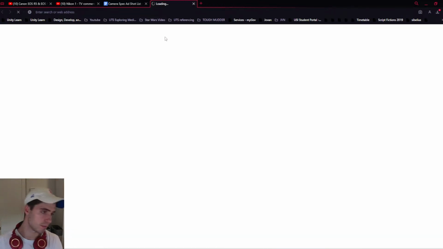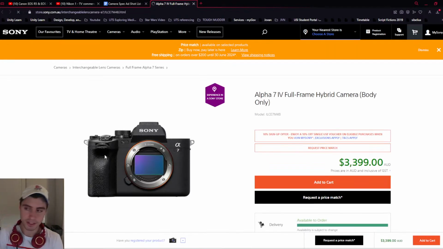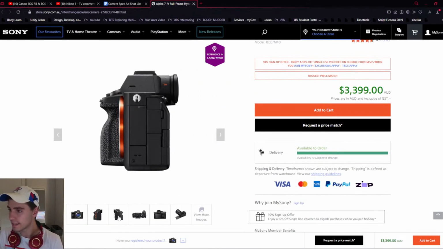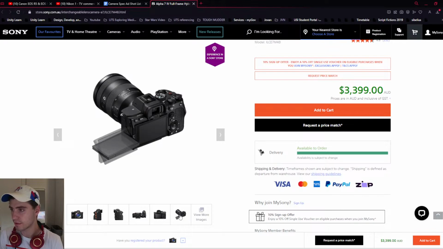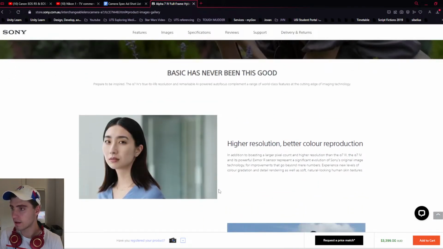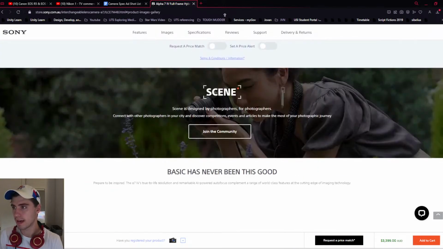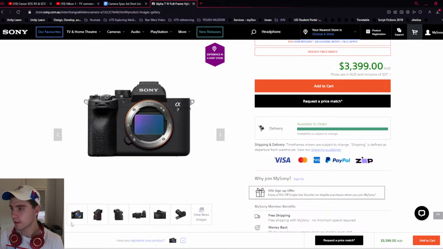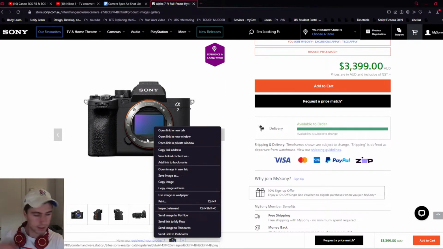Awesome, here we are. And the good thing with using products like these, like with the July Suitcase and like with these cameras, is that the companies give you the full orthographic view straight out of the box here. Sweet, look at that, that's beautiful. So, what we're going to do is we're going to bring these into our scene, set it up, and then